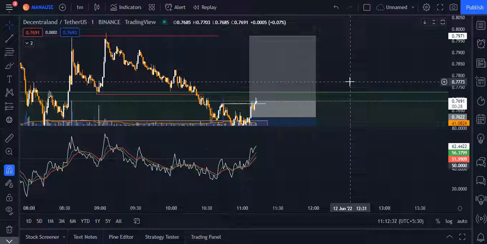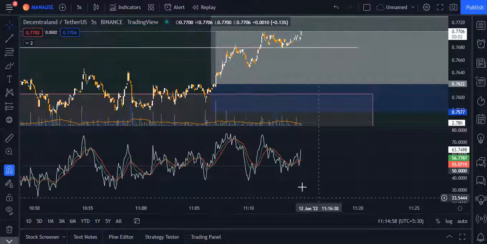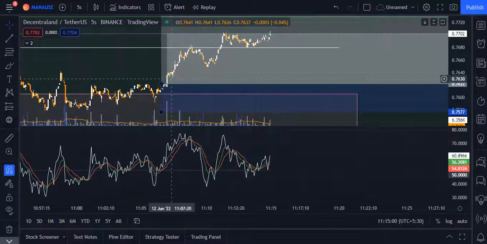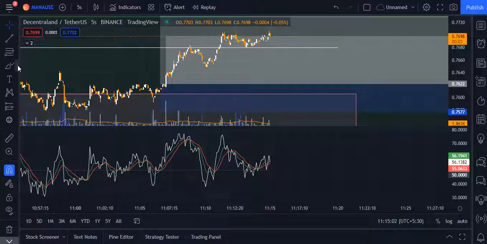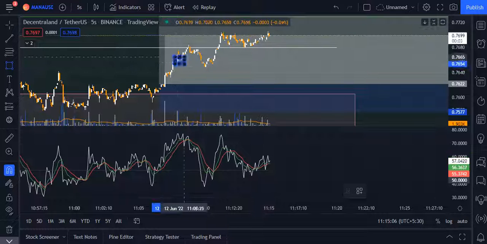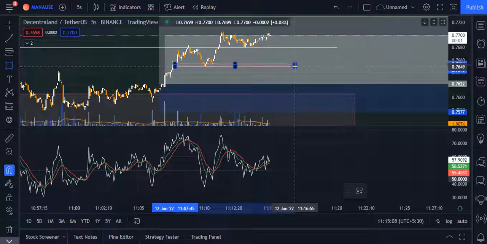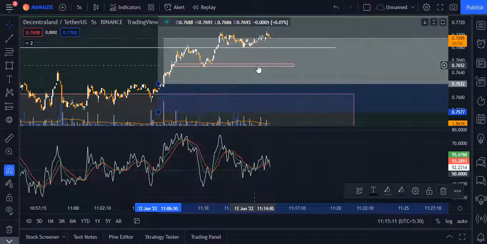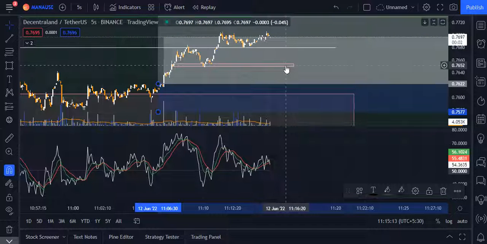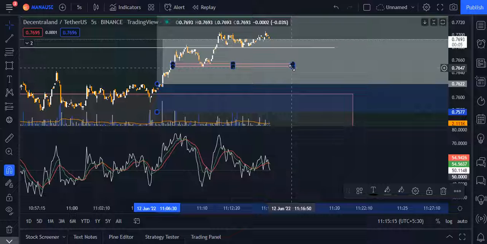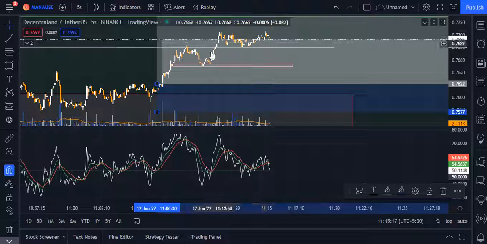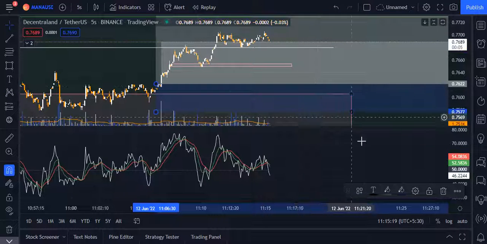So I'm pretty much alarmed about the situation. Let's see. So you can clearly see, actually not you can clearly see, but I just figured it out that the OB from where it's taking the reaction is a 5-second OB. That means the market is showing a really bullish sign, but it's failing to make a new high right now. Let's see how it reacts to the